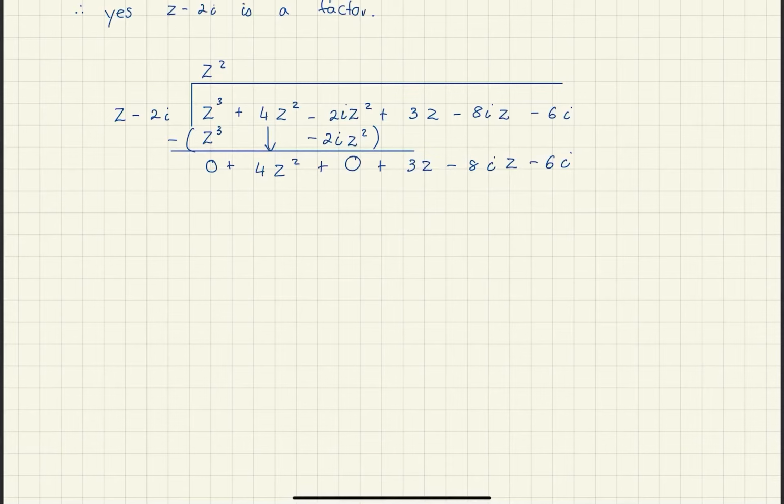Alright, again, I rinse and repeat. This z goes in here, so divide the 4z squared by z, and what am I left with? I'm left with plus 4z. Okay, and multiply down. Don't worry about anything else for that first step. Multiply it down. 4z times z is 4z squared, so that's good. And 4z times negative 2i is negative 8i